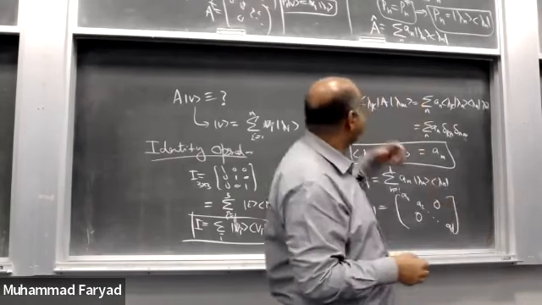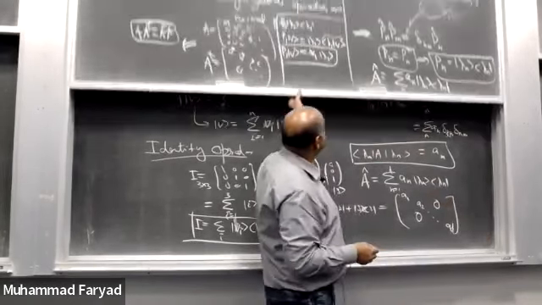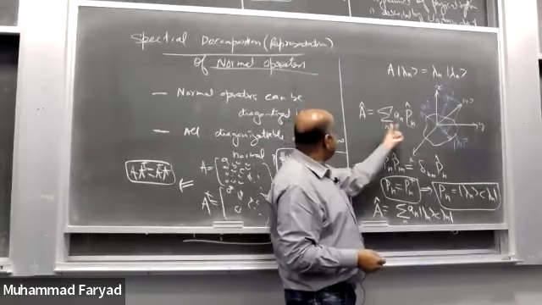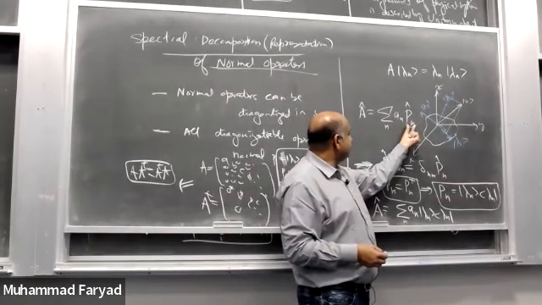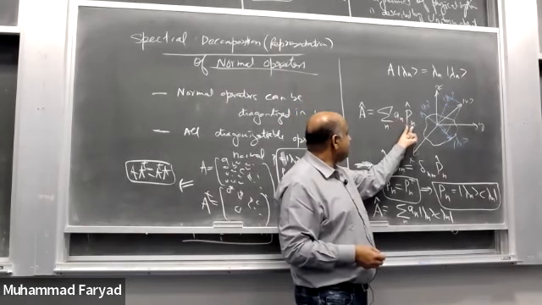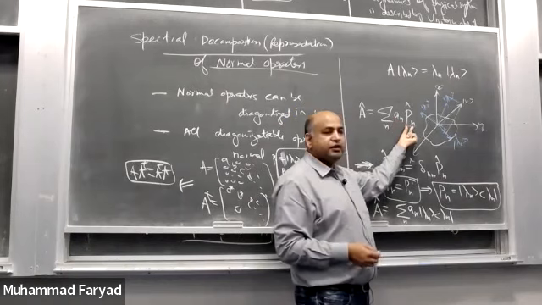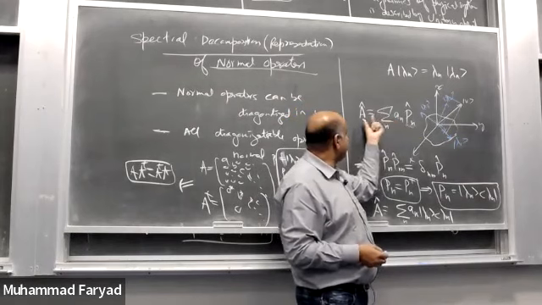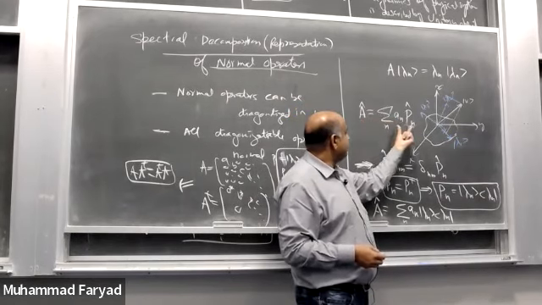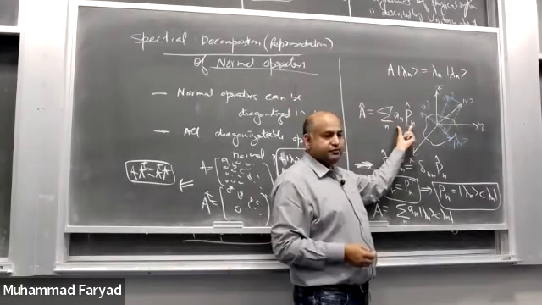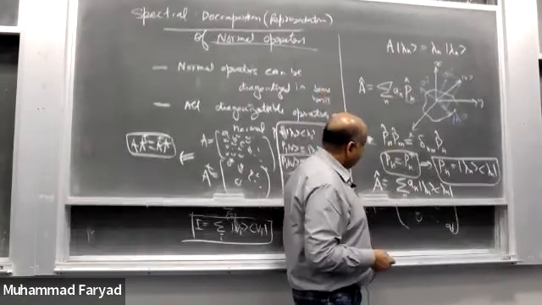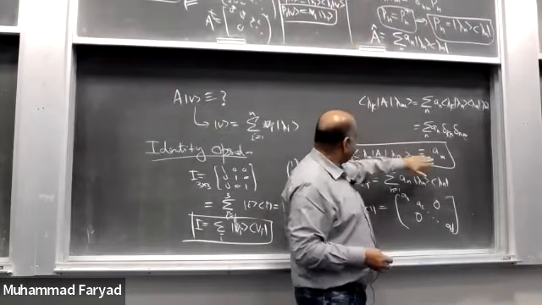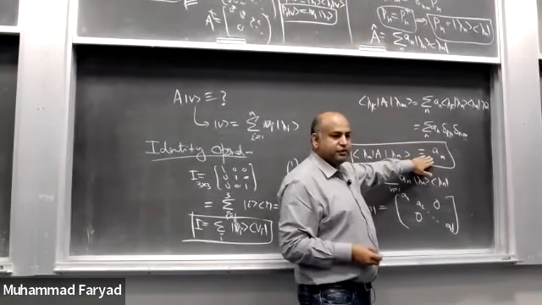So it means the action of this operator A is actually just given by these numbers A n, where n is just specifying the basis. Each of the numbers corresponds to each of the orthogonal dimensions. That's why we can write any normal operator like this. And these are actually just the eigenvalues, because this is an eigenvalue equation.